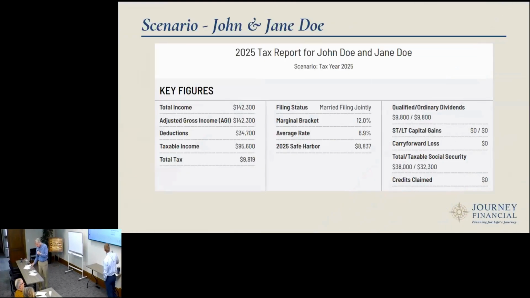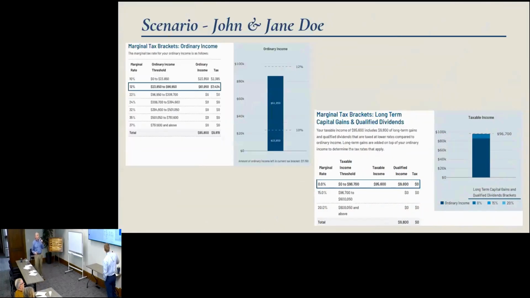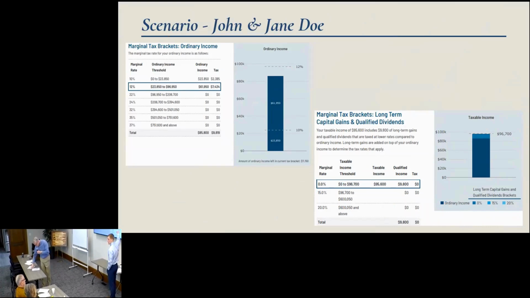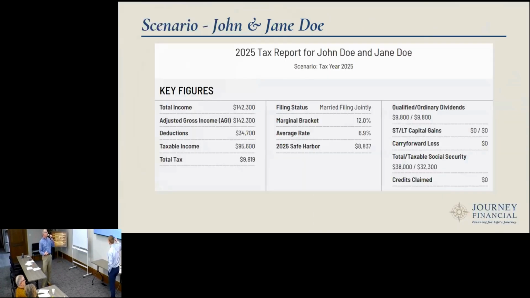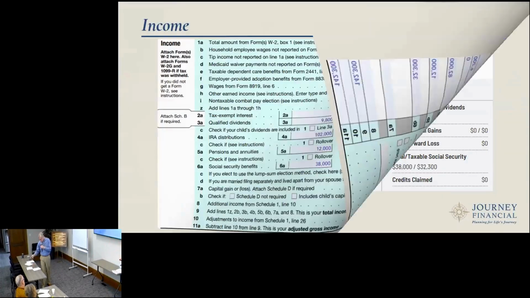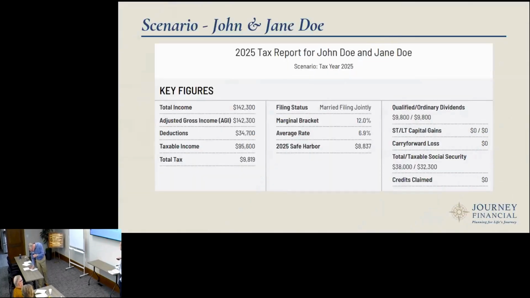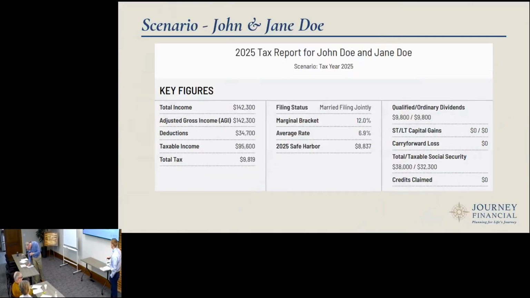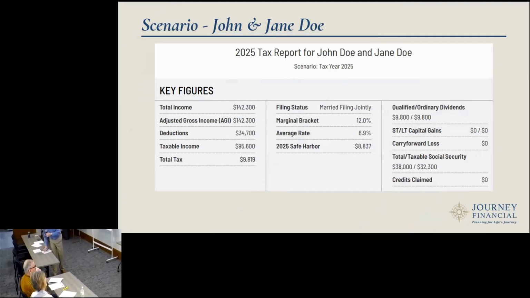So here we go, for example, I don't know if we get into it. No, here we go. So here's this couple, they have $9,800 of qualified dividends. Well, I'll just keep going, Brian, and then we might get your question answered. So this is software that Tim and I use